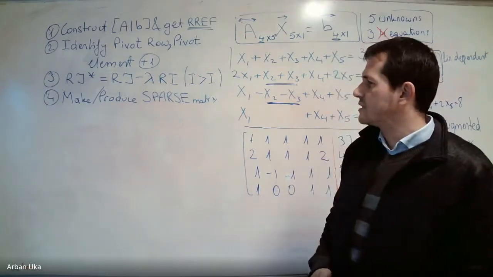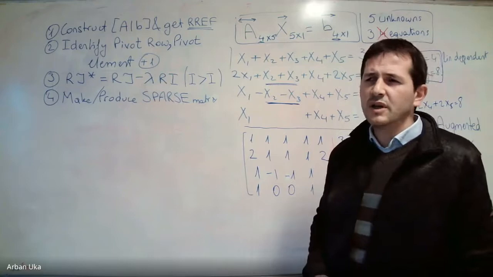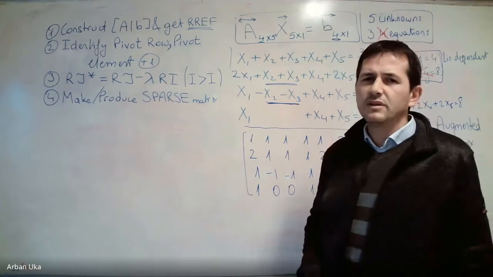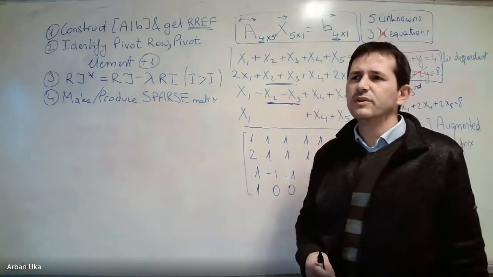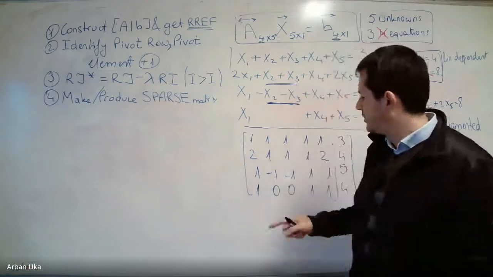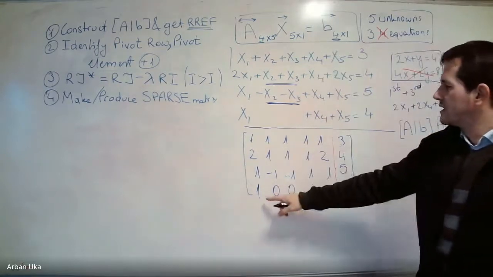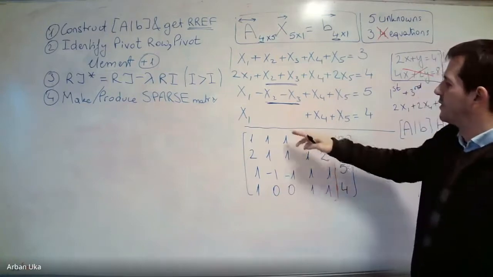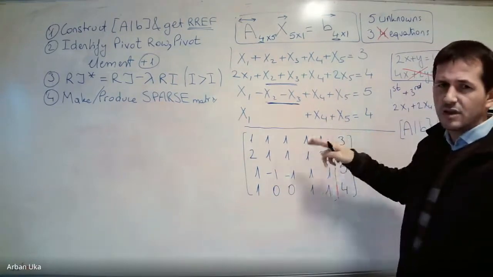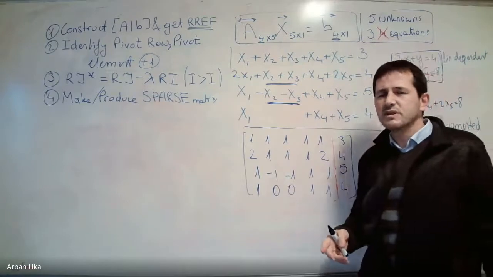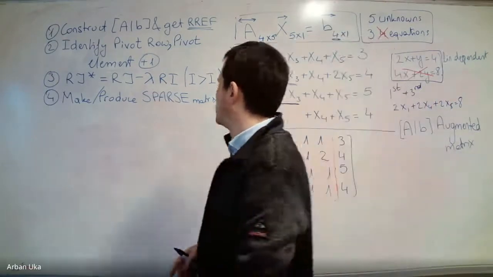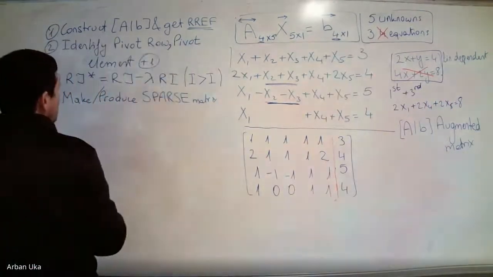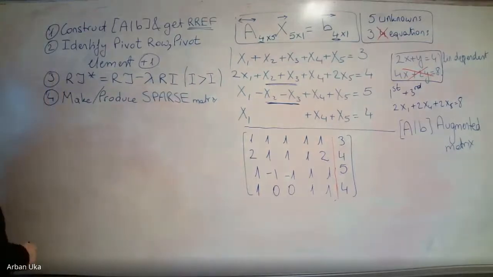And these are matrices which have a lot of zeros, okay? So we try to simplify the expression. So if we have something like this, let's say x1 plus 0 x2 plus 0 x3 plus x4 plus x5, we simply write it like this, okay? So we try to extract as many zeros as possible to simplify our problem. So we try to produce sparse matrices, and once we do it,